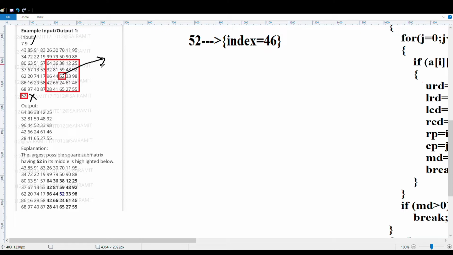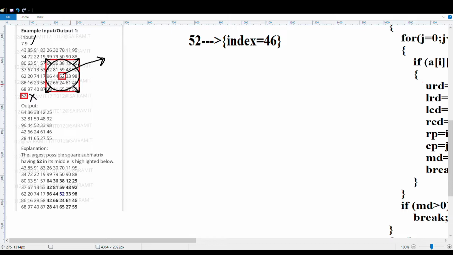Now you have to make a circle-like thing, and the elements within the circle, you just extend the circle to a square. When you do that, you get the exact matrix that is desired here. In simple words, you must have 52 as the center and then a square as given in the question.